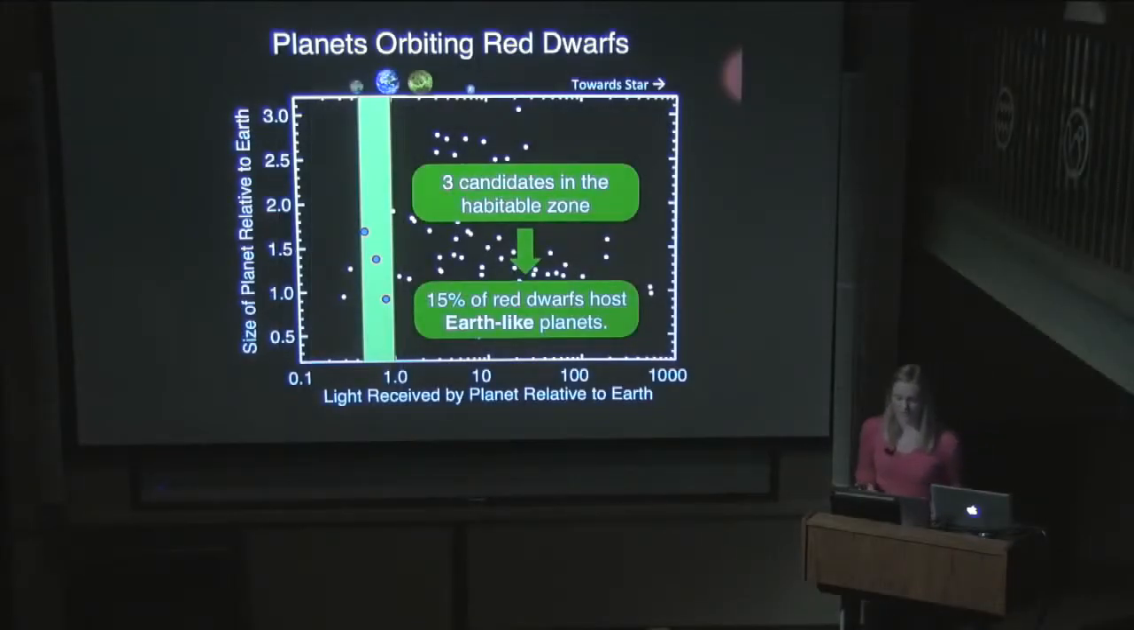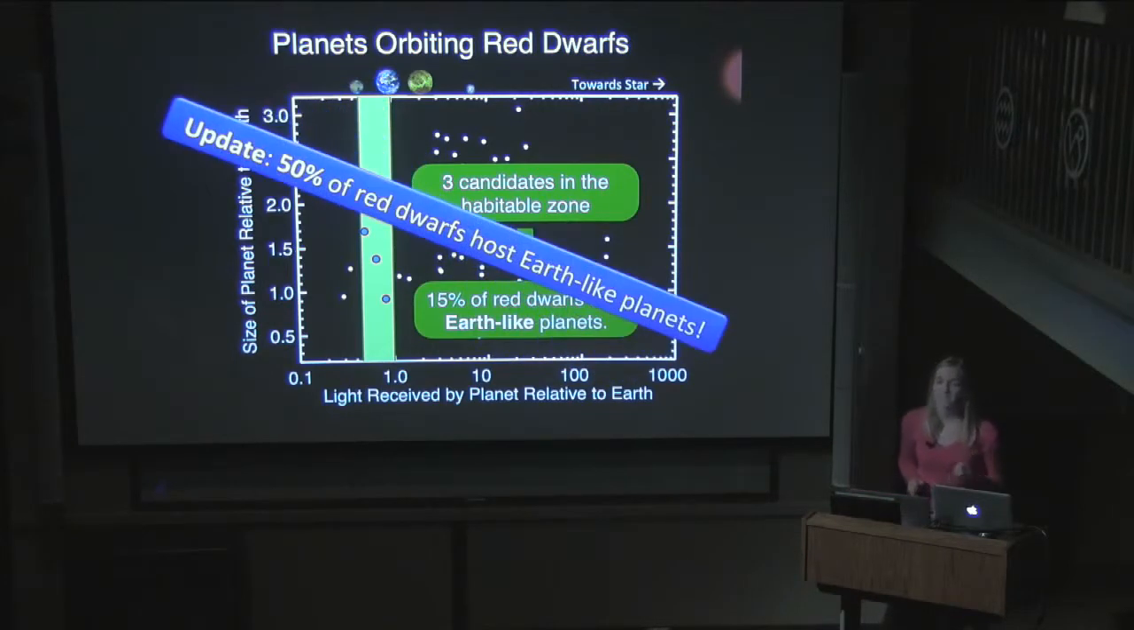The number we found was that 15% of red dwarfs host Earth-like planets, where by Earth-like, we mean a planet that could potentially be habitable. Recently, Dave and I have been updating this calculation. We're using another 1.5 years of Kepler data, and we're also using updated boundaries for the habitable zone. We now have much better predictions for how far away planets can be from stars in order to have liquid water on the surface. When we add all of that together, our number increases from 15% to 50%,